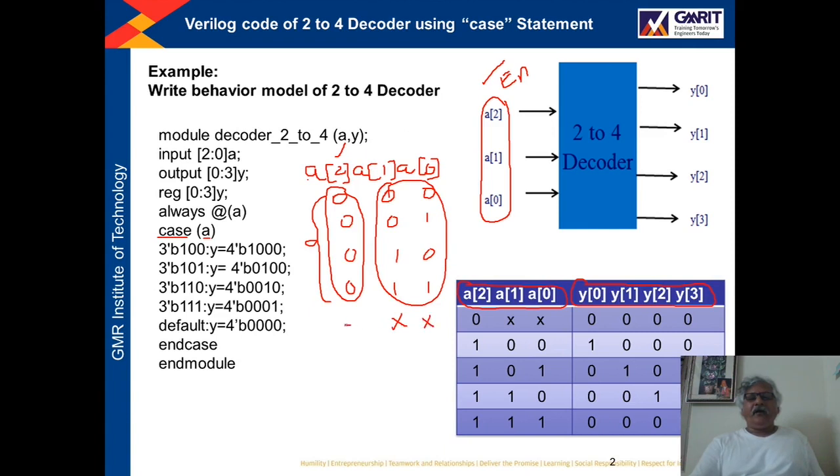If A2 is 0 and A1 and A0 are don't care, then all the outputs will be 0. See this condition, all the outputs will be 0. And apart from this condition, since we are dealing with a four value system, there can be high impedance or other values as well.